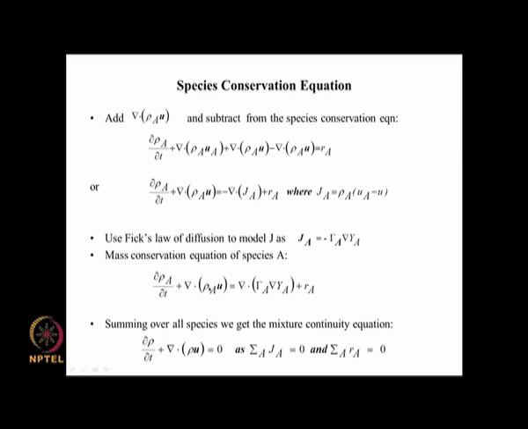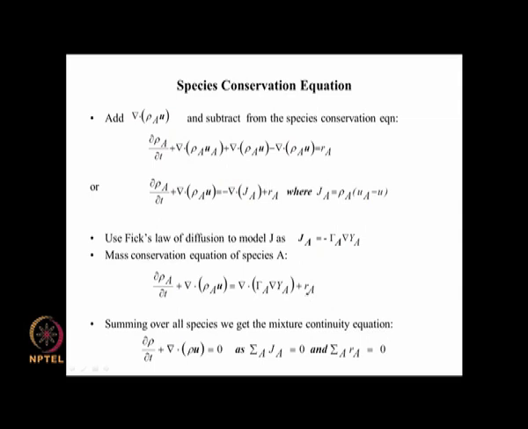So you have y_A here and you have y_A here, and so this whole species conservation equation can be represented in terms of a new variable, which is the mass fraction of species A, and the rate of production term is also divided by the mixture density, and so this will be slightly different.